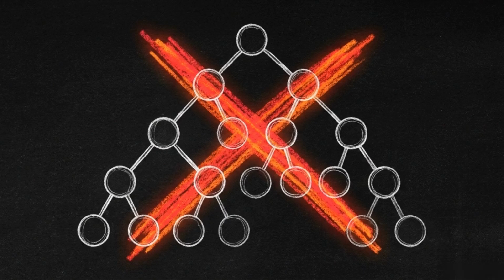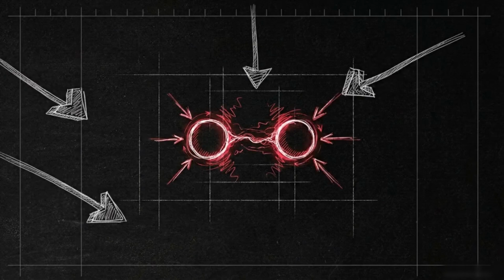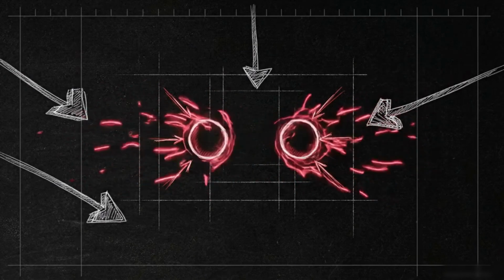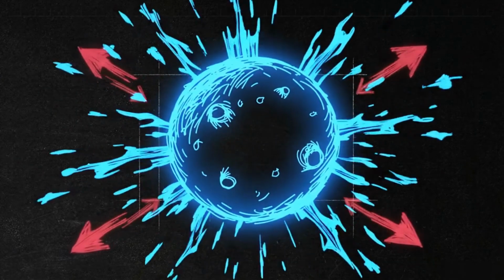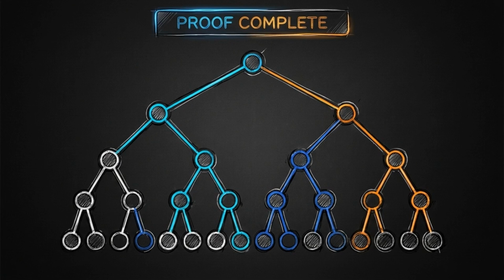Because our swap actively improved the final file size, our initial hypothetical tree was not actually optimal. This swap proves an unbreakable rule. An optimal tree must always place the two lowest frequency characters as sibling nodes at the deepest possible level. Huffman coding's greedy strategy explicitly forces the two lowest frequency nodes to combine at every single step of its execution. Because every greedy step perfectly aligns with the exchange argument, the algorithm is recursively guaranteed to produce the most mathematically